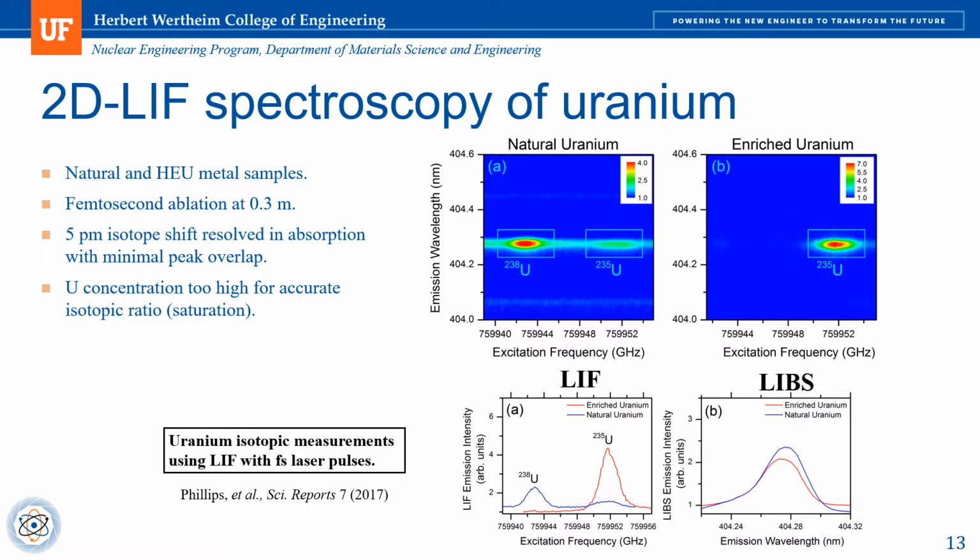So we can really see the power of this technique here for 238 uranium versus 235 in this bottom left figure compared to the just passive LIBS measurement in the bottom right figure B. There are some restrictions to how well this technique could perform in the field. I think Hari's made some improvements, amongst others. This measurement was confined to an inert atmosphere and I think a reduced pressure, if I'm remembering correctly. But regardless, it's a powerful technique that has shown a lot of promise for making isotope-resolved measurements in a